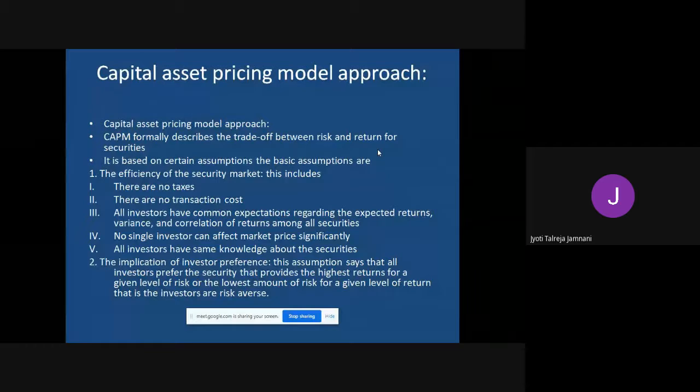So if I say the risk is 20%, for that 20% risk, my return should be very high. That is one of the expectations. Or we would say, at the lowest level of risk, I should get at least this much return. So in both cases, they are trying to say that we want to earn more and more and have as little risk as possible, so that we don't lose our money.